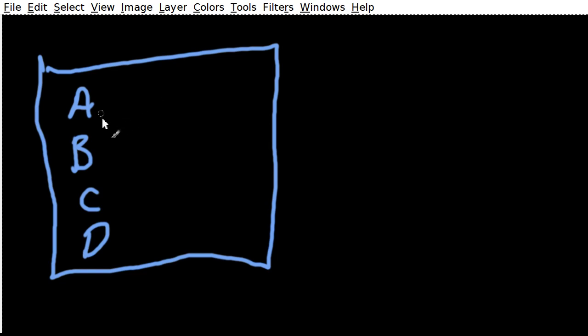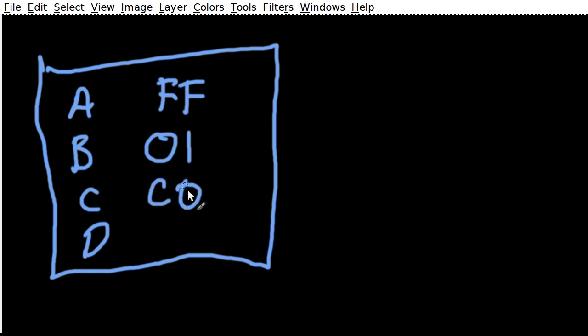The registers can only hold a byte in this imaginary CPU. So let's say FF, 01, C0, and this has 0 in it. So this imaginary CPU can only hold 4 bytes of data,